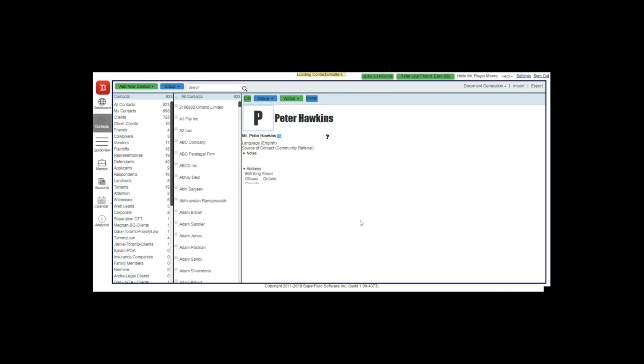Once you've actually done that the first time, you've clearly established that there are no conflicts. Now, if things do change and you didn't know about certain information, that's why it's important that we date and timestamp every conflict screening report. So when I go ahead and generate,